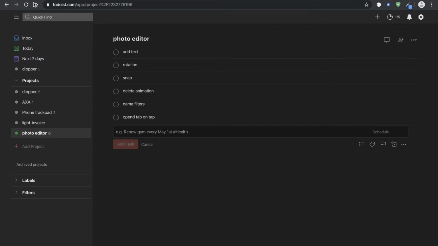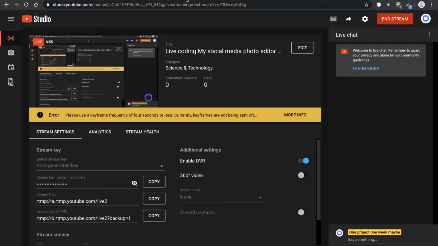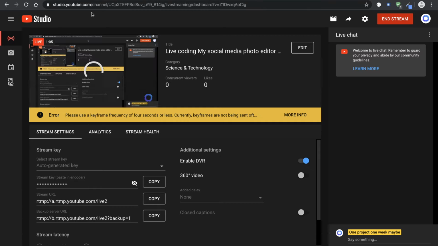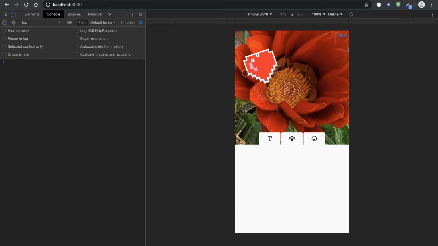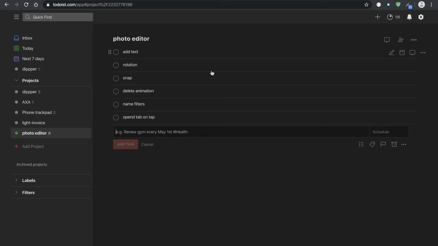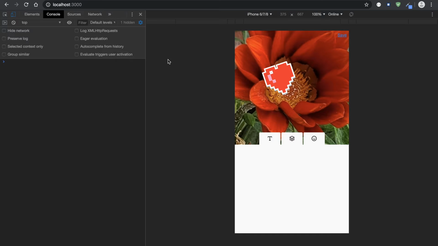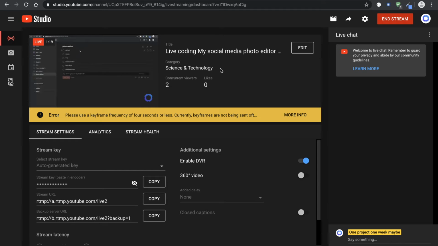And this is what I had planned for today. If everything goes right, hopefully I'll figure out the rotation as fast as I figured out the scaling. I don't think I'll be doing the rotation live, because